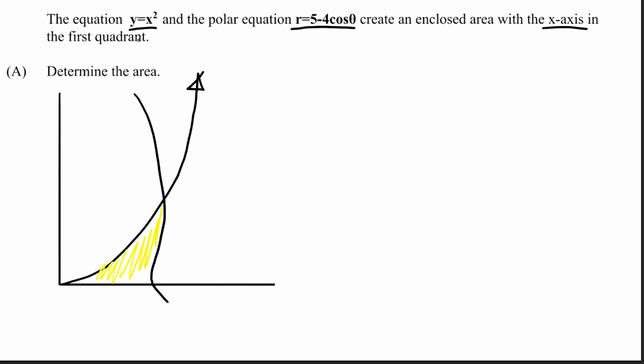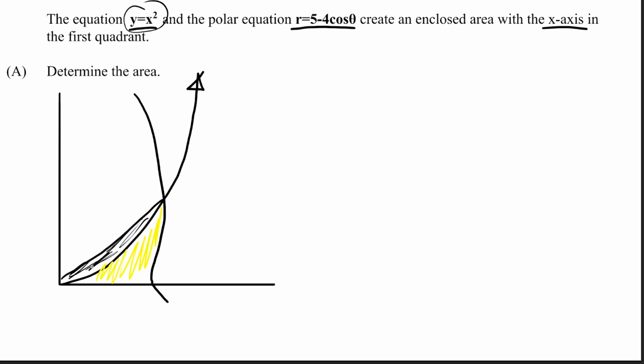But the problem is we have a rectangular equation, but then also a polar equation. And so we're going to have to convert one into the other form if we can, then integrate and then subtract the areas. You can try converting this to rectangular, but that'll be a little tricky. So I'm instead going to convert y equals x squared into polar form. And then what we can do is subtract this area here,